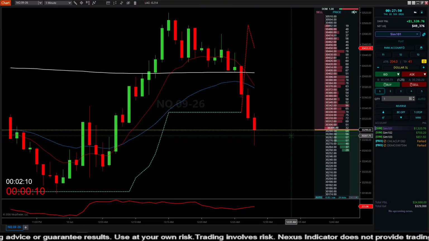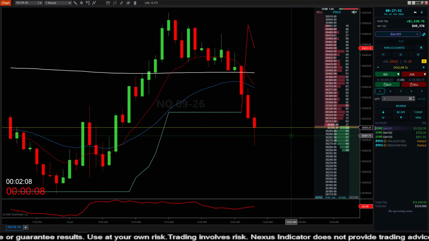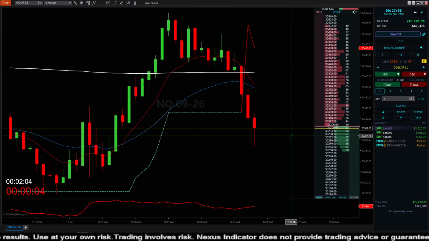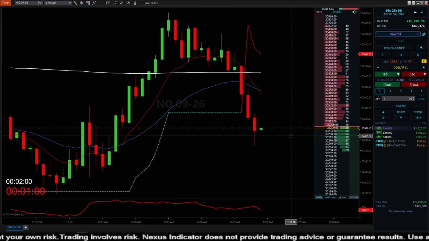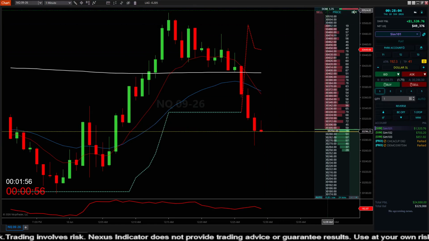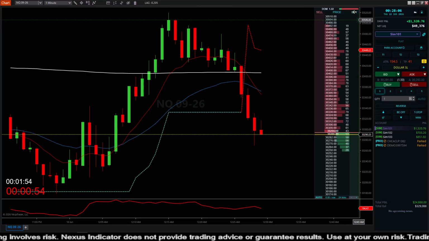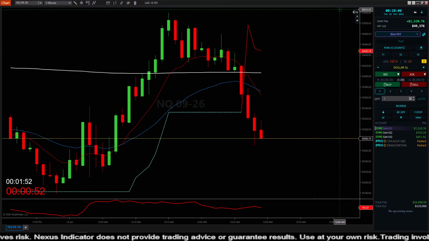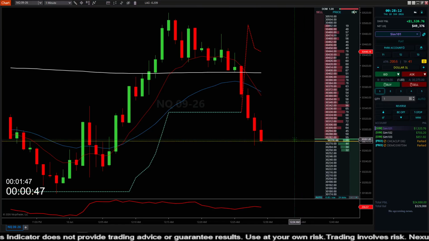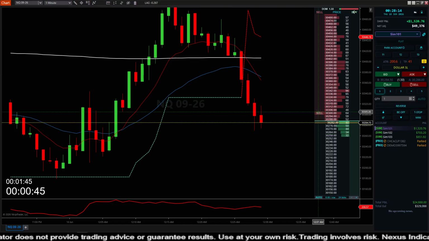And this feature is an update to the Nexus Chart Trader, so it's completely free if you're an existing customer, and if you're a new customer, it would be already included in the Nexus Chart Trader panel itself. And like I said, if you don't use the DOM, you can simply minimize it. But if you're a micro scalper or someone who does 10-15 points scalping, the DOM can really help you,